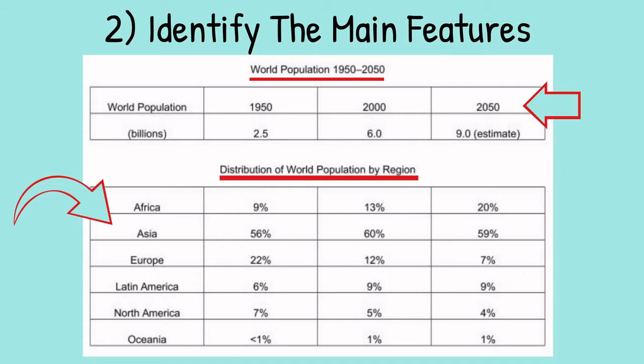This is a clue that we will need to use past, present and future tenses in our essay. In the first table, the units of measurement are billions of people, and in the second table, the percentages of the total world population are used. Don't look at the numbers in detail at this stage. Instead, focus on general trends. What are the most notable changes in data between 1950 and projected figures for 2050?